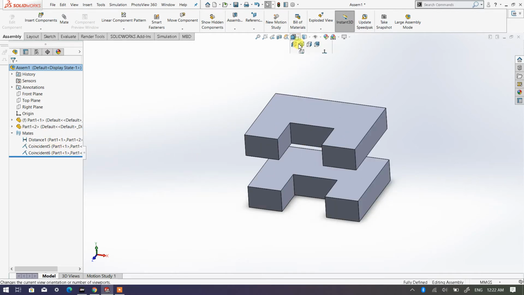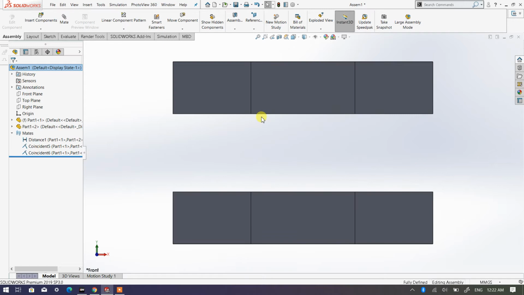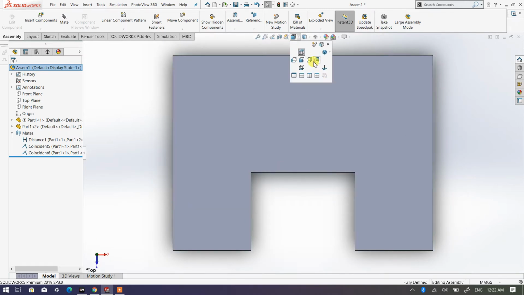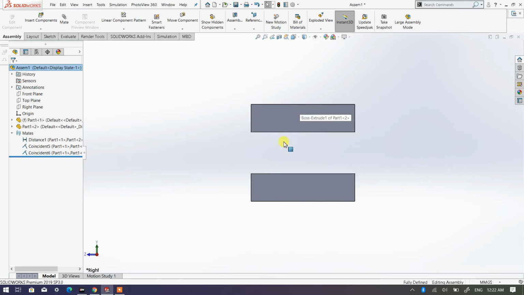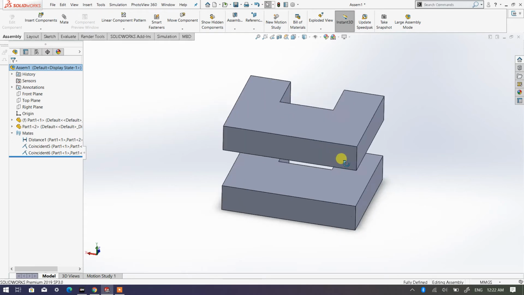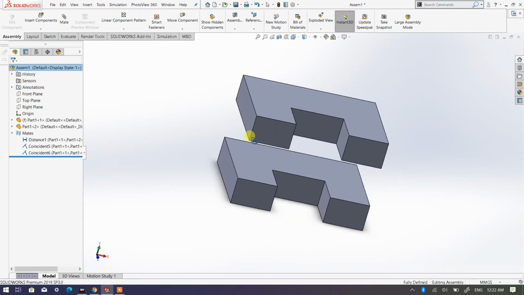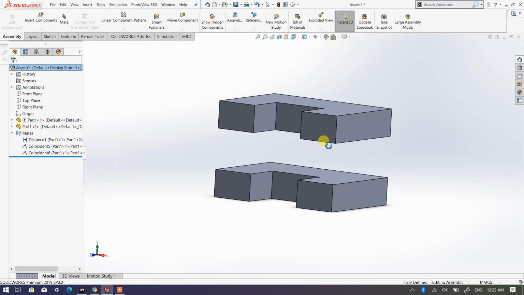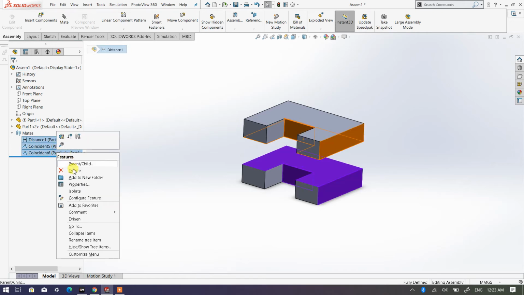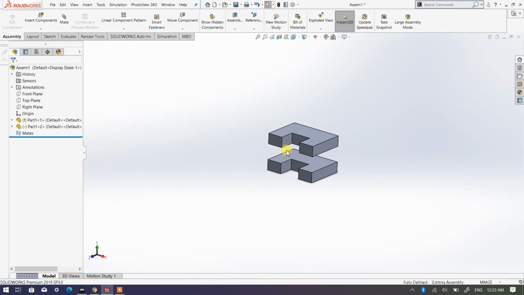So if we refer to the front view, we align the top view as well as the right side view. If you rotate it, you can see both of the parts, and the arrangement of both of these parts will look like this. Now I'm going to delete all this because I would like to show you a few more examples. Now guys, if there are no mates, this one is actually